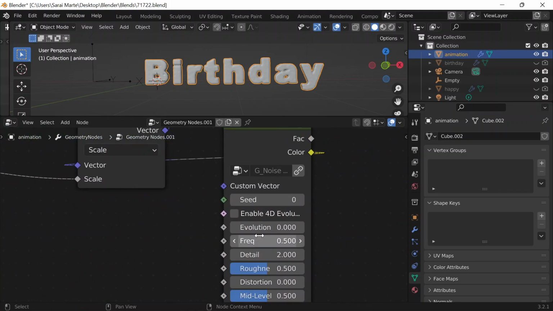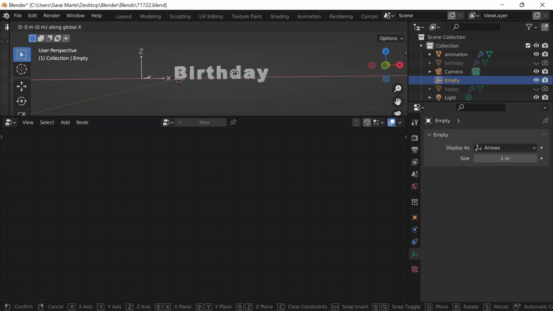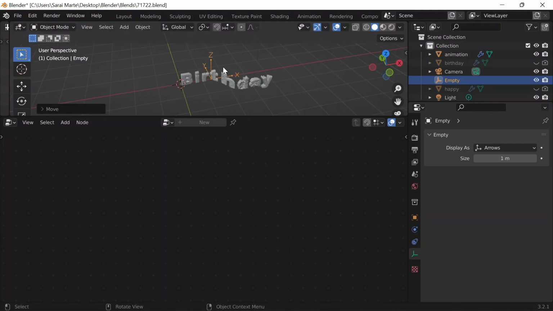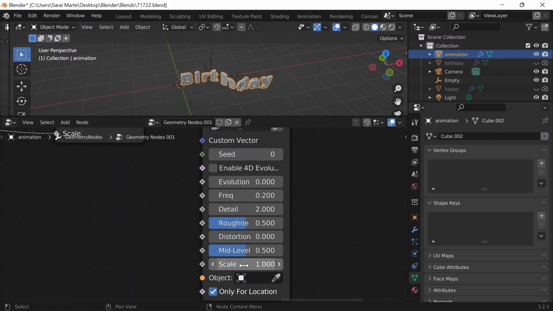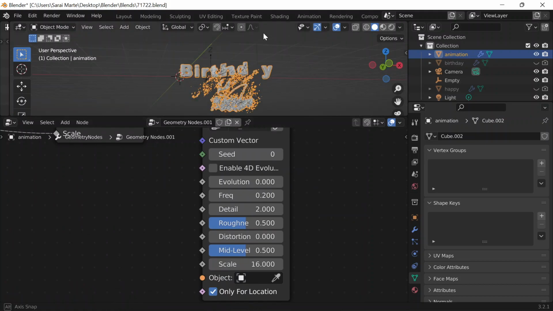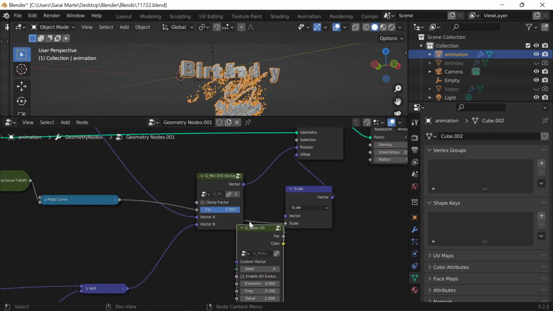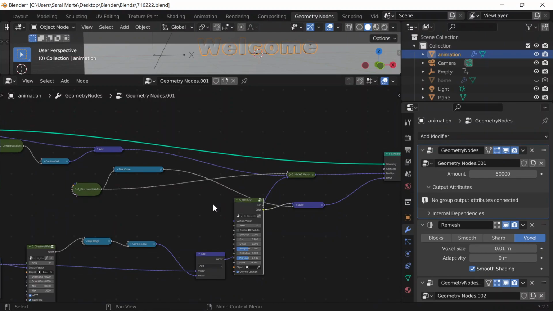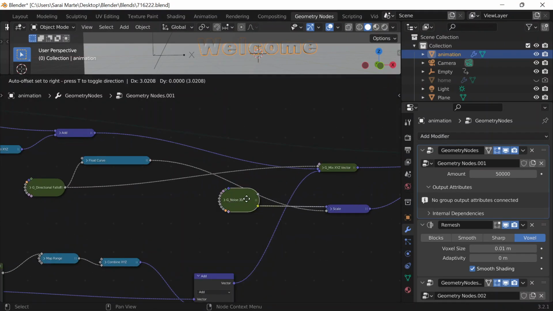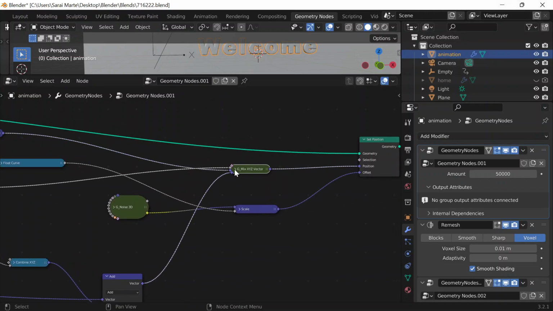And I believe the frequency, I have to change it to 0 actually, so that I can see what's actually going on. I'll move the empty towards the middle, and then I'll be able to see what happens here. So the frequency can be 0.2, and the scale can be 16, and that's what controls the fluid there. Alright, so that's one thing. And I believe, let me see, the custom, this is just random, and this is there, and then this,